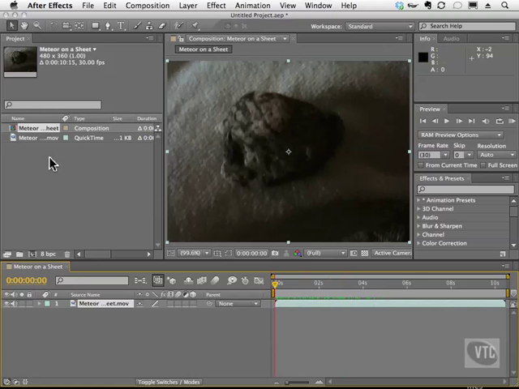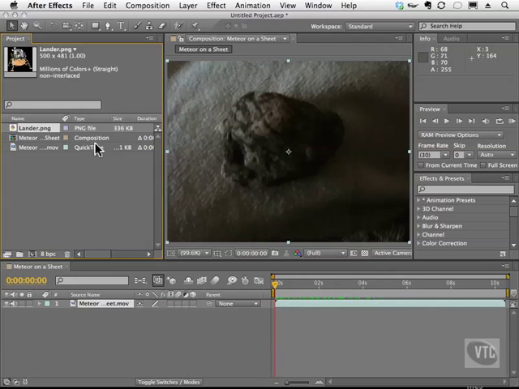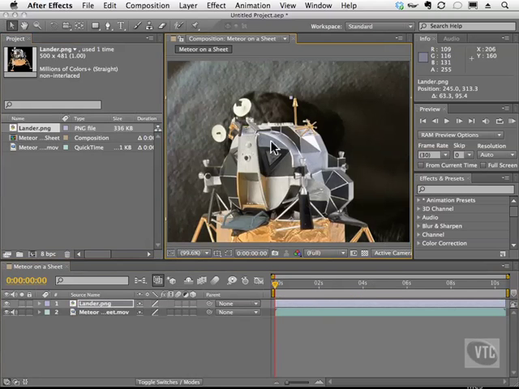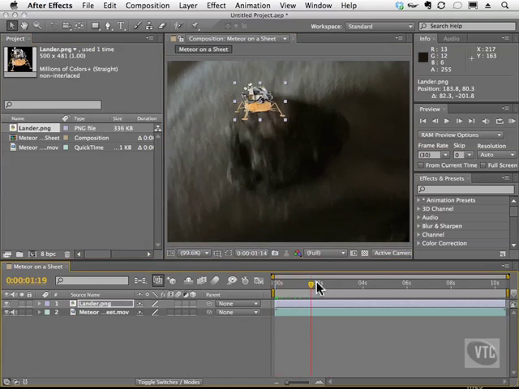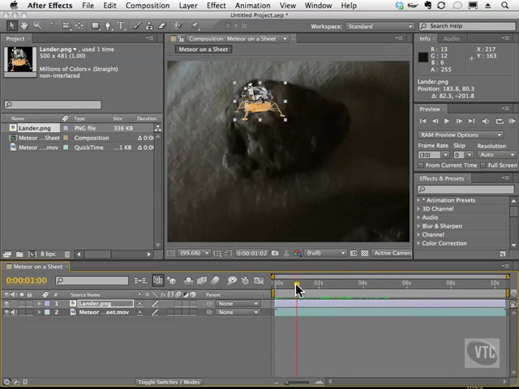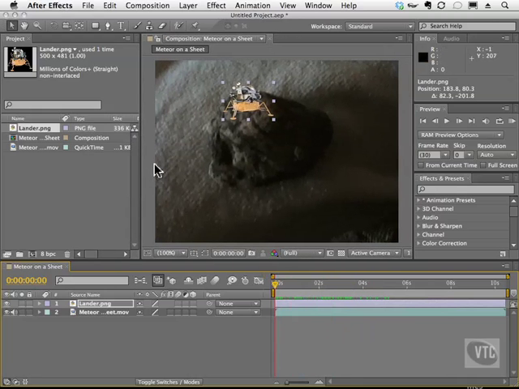The other piece of footage I want you to bring in is the lander. This is the little rocket thing that's going to land on our meteor, and it's going to track and stay stuck to it as we scrub the timeline. As you can see right now, it's not really staying there, so that's what we're going to be doing in the next part. So now that we have our footage in place, let's go ahead and open up the tracker